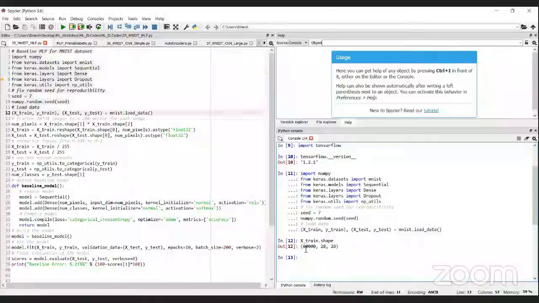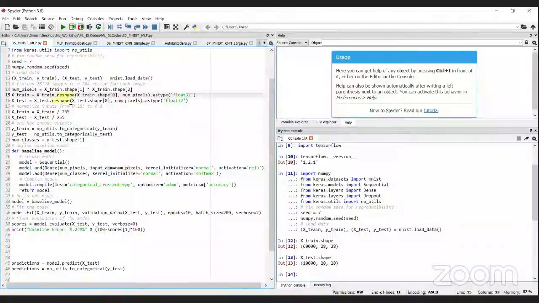So totally we have 60,000 images, and the image dimension is 28 by 28. Similarly, for testing, we have about 10,000 images. We consider about 10,000 samples for testing the performance.